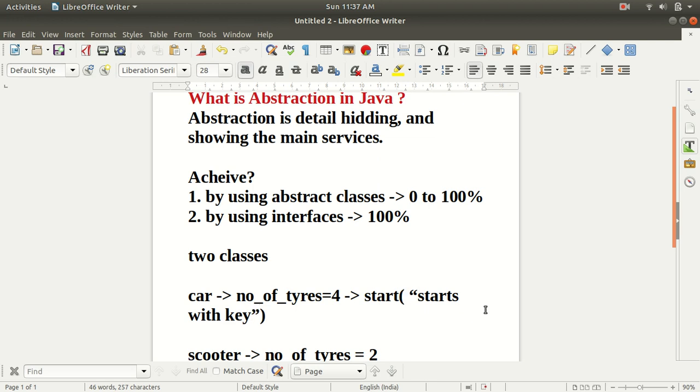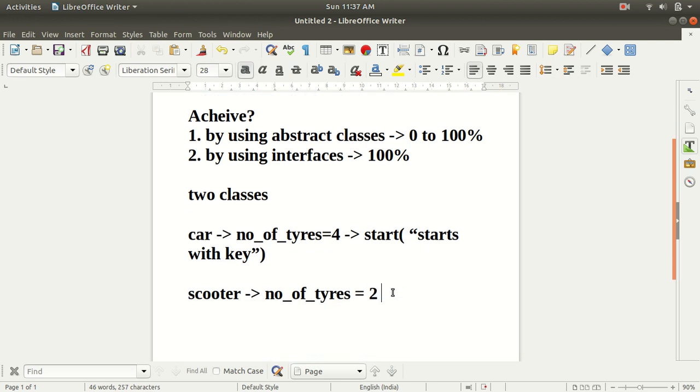And we have a method with the name start inside the Scooter class also, and its implementation says start with kick.